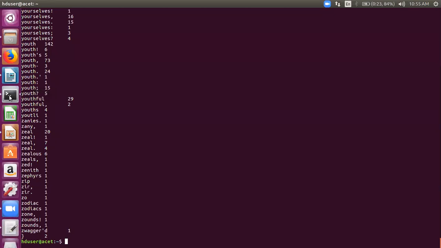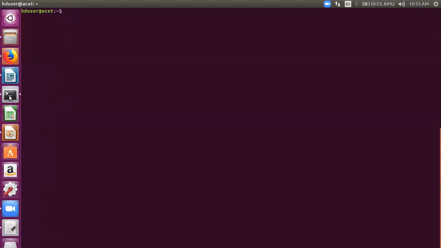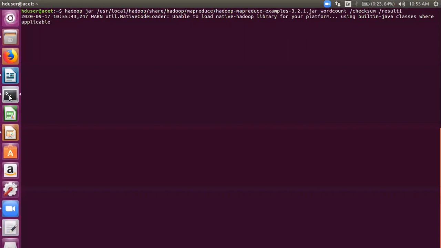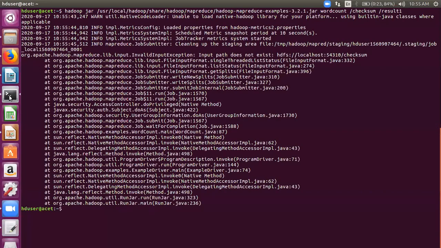So we can have another simple one here. Let's pick up another file here. Instead of this, let's see if we have a checksum file here. And once an output directory has been created, it cannot be repeated. So let's take another one. If the checksum file is there, it will read it and analyze it. So the checksum file is not there. So this is how you can do it. Okay, so let's go back to Pig now.